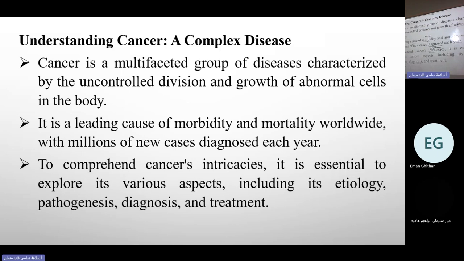أنا خلصت الأول. خلصتوا؟ Go ahead. لفهم مرض السرطان المعقد من الضروري اكتشاف جوانبه المختلفة. لفهم مرض السرطان المعقد literal translation. اوكي. من الضروري اكتشاف جوانبه المختلفة، ويتضمن بما ذلك مسبباتها وتطورها. وين تطورات؟